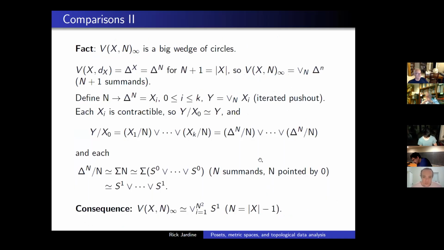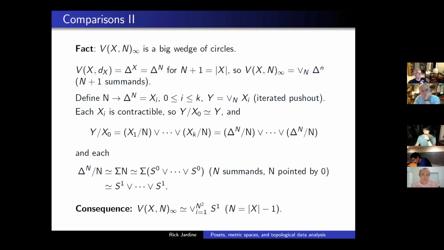Okay. But after that, things get weird. Because you can look at what this UMAP complex converges to, what happens at the parameter infinity. And what turns out is that the space you get is a big wedge of circles. It's nothing like contractible, although it is connected. If you just care about clusters, that's cool. And you can just do that with classical algebraic topology. I won't bore you with the details, but